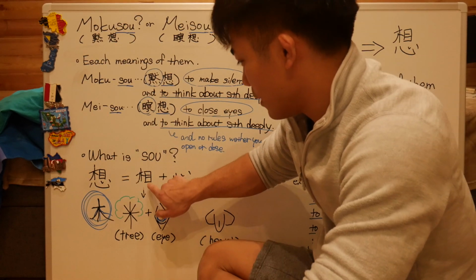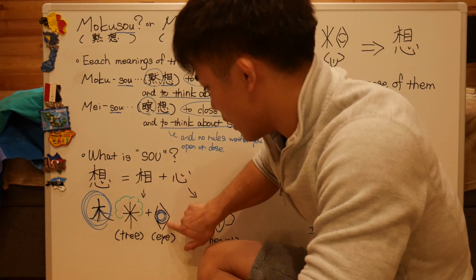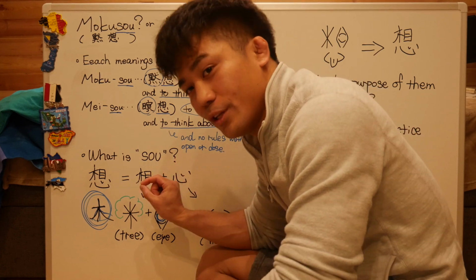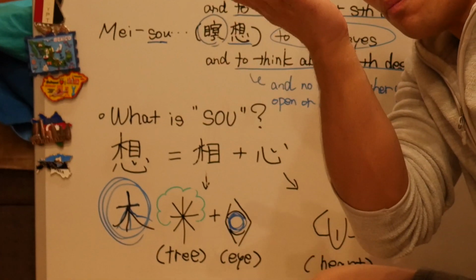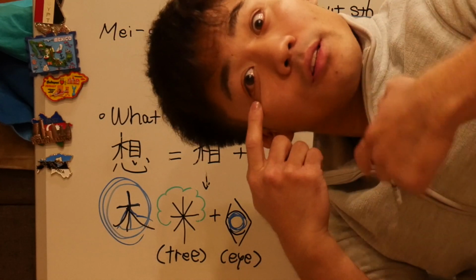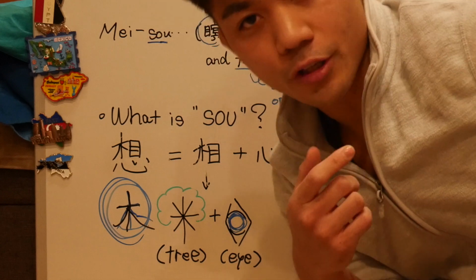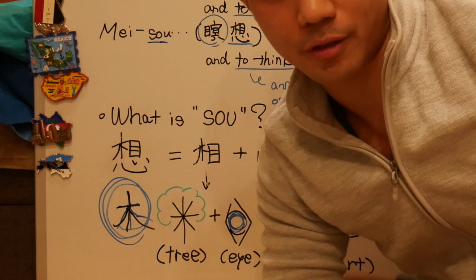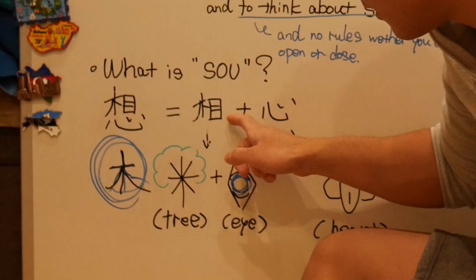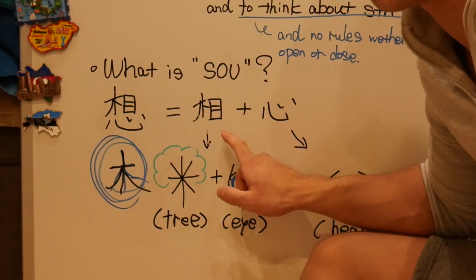And next one, this right part is eye. It looks like, maybe when you zoom up, you can see it looks like an eye like this, not in horizontal direction. When I see in this direction, do you see an eye? The human's eye